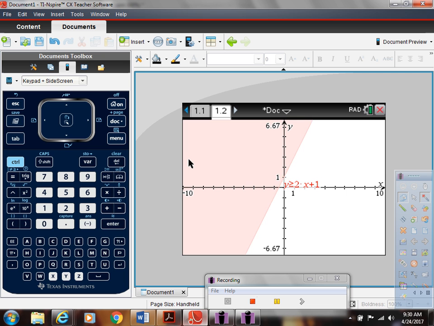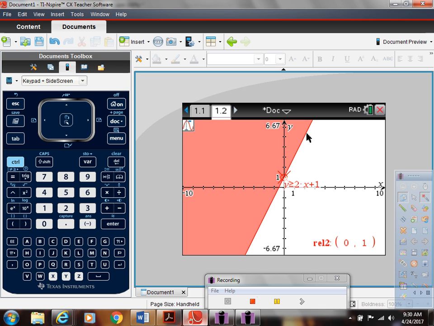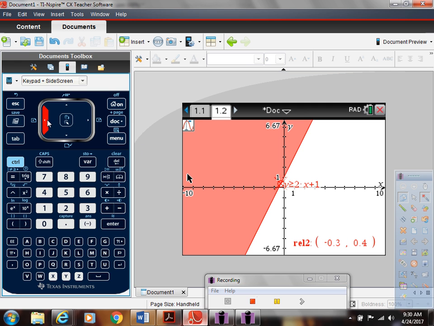When we plot our points, we're going to look to see where they end up. Let's go ahead and graph it though. Let's do menu 5-1. We can do menu 5-1 when you want to pick some points off the line so you can graph it. Look, we can graph 0, 1. What's another good point? The x-intercept is negative 0.50, but let's find a better one. We got 0, 1. Let's look for another whole number.